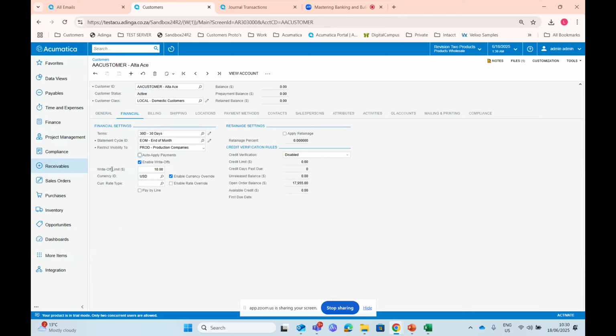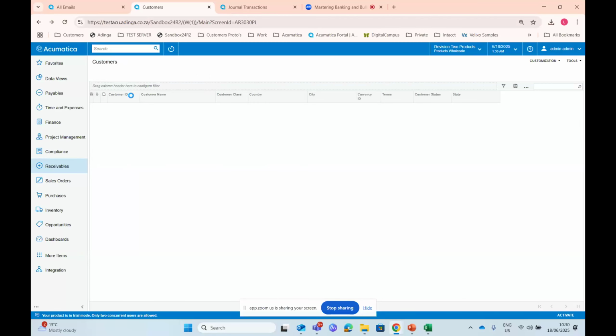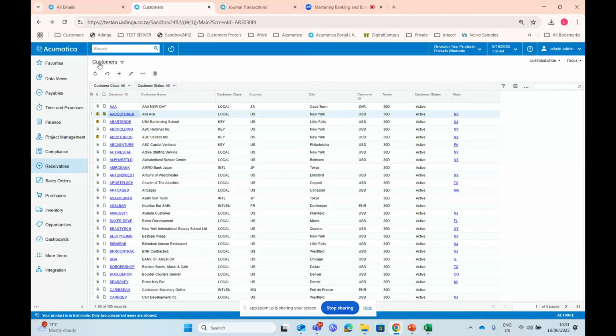Let's say we wanted to increase the limit of the write-offs. Let's do it this way. I'm going to show you how to create your own import scenario quickly. We're going to say we only want to import the credit limit of all the customers. What I normally do is I just export my customer list because I want to export everything.